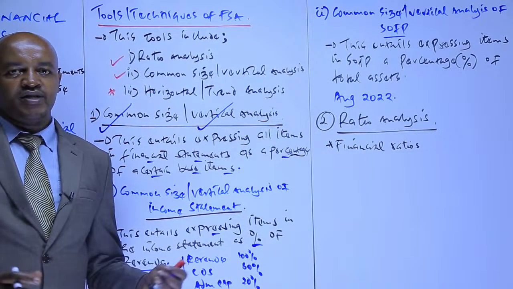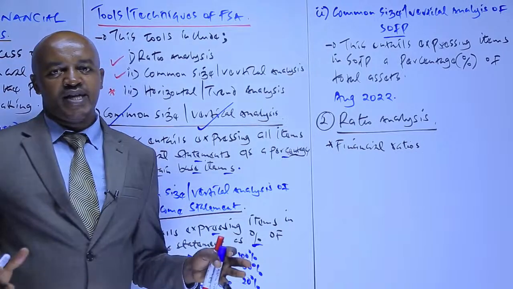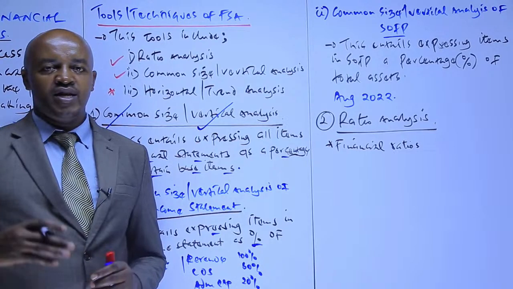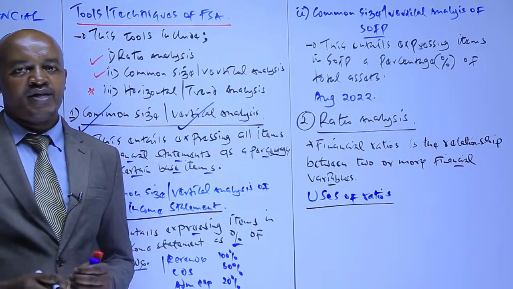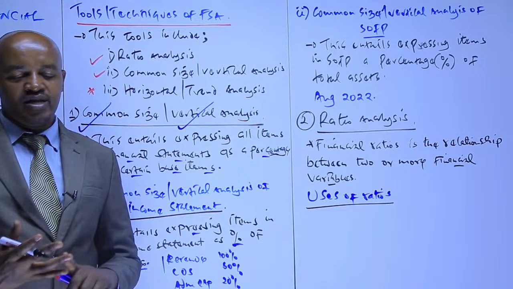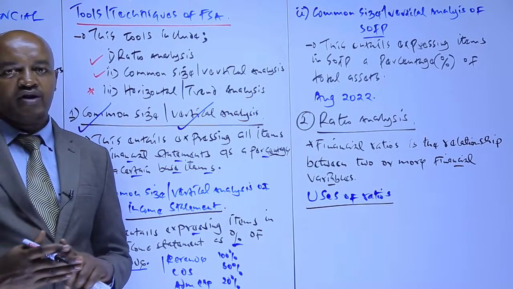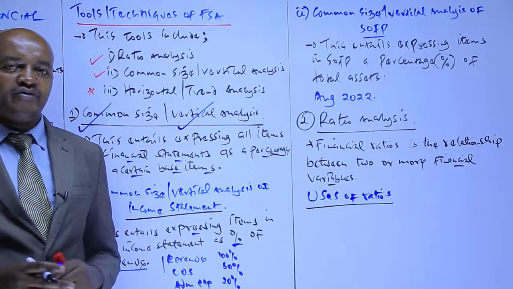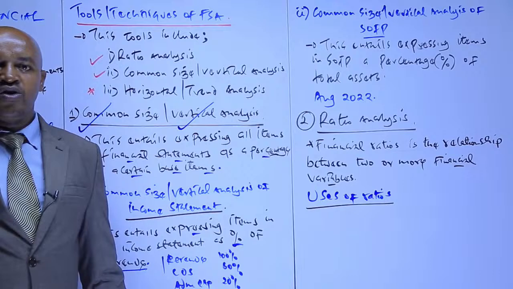For example, as a financial analyst, you can express the profit reported by the company, or maybe the net profit or the operating profit, as a percent, computed using the information in the income statement and the statement of financial position. We have the profitability ratios, liquidity ratios, efficiency or activity ratios. We also have the solvency or capital structure ratios, and the investment ratio. So therefore, we are going to look at the uses of those 5 categories of ratios.